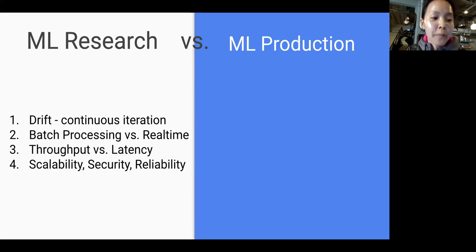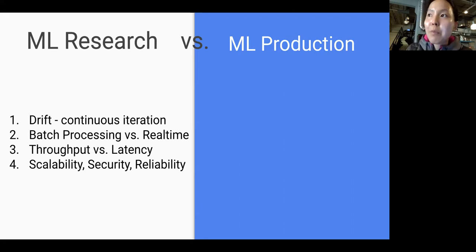The next one is scalability, meaning how fast our customers start hitting the ML models, and security, meaning can we really utilize the data from customers, and reliability, meaning are the models still going to be available? What if one model shuts down or this backend server shuts down? These questions are very similar to ML backend and databases questions, and they also apply to ML production, which doesn't apply to ML research.